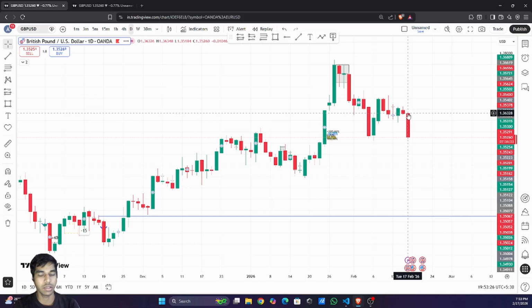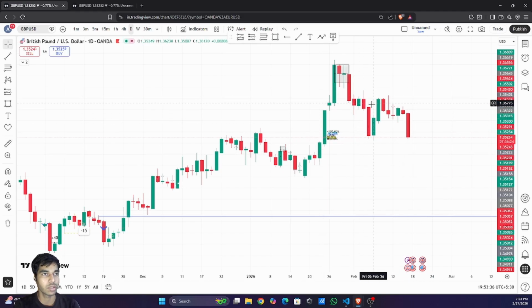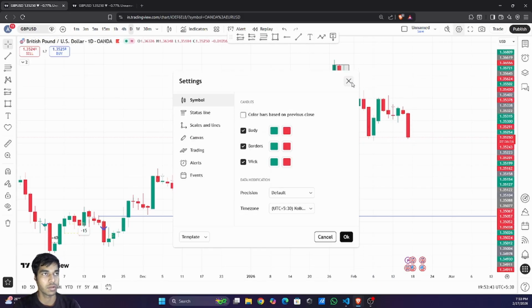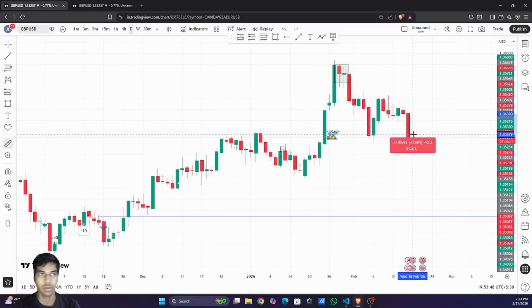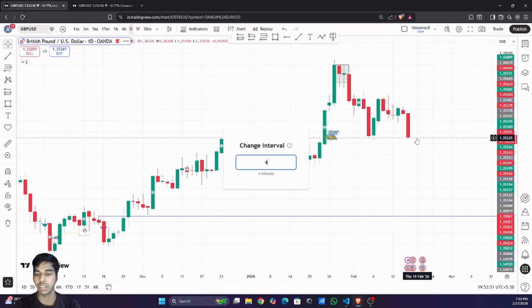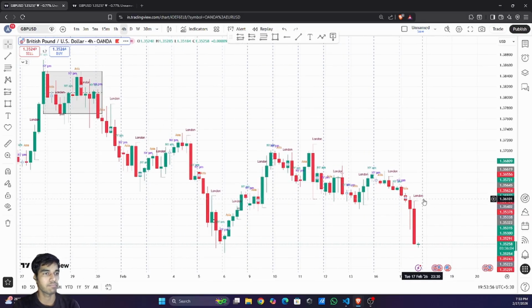I don't think it will make a new low today, because then it will be a very big candle. 1.5, last time it moved. Okay, how much was this? 1%. It has already moved 1%, so I'm not sure. Trend is bearish. Okay, let's see 4 hour. I don't think we should trade any of these. But technically it has